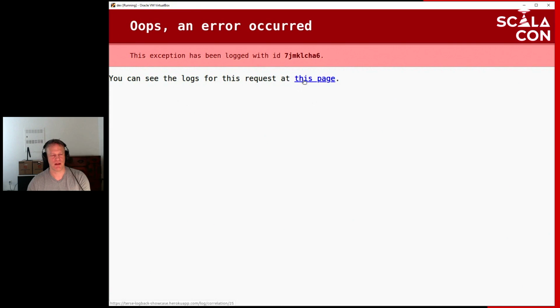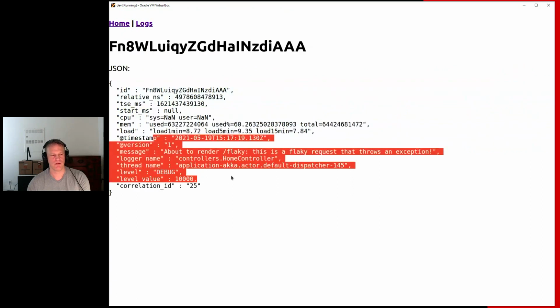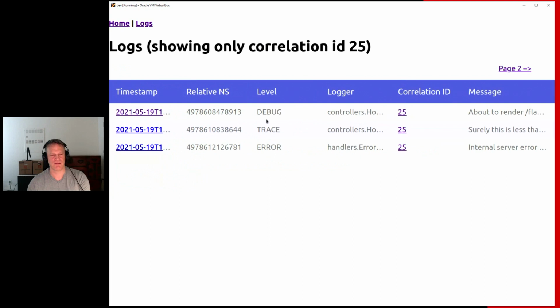The exception happens. And then we click this to see the request, which shows the correlation ID with the message that we have. So we can immediately see this is debug, this is trace. This is all happening internal to the application. But we can also see,